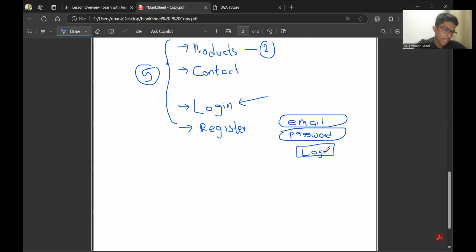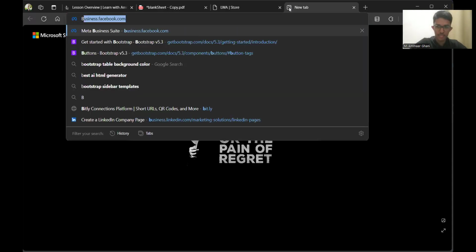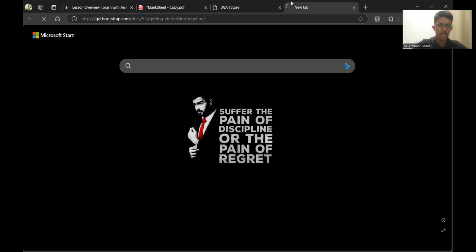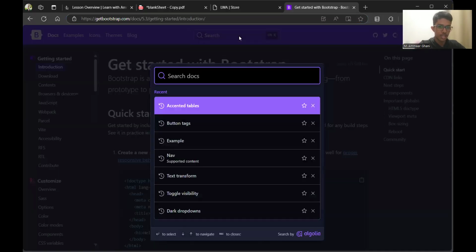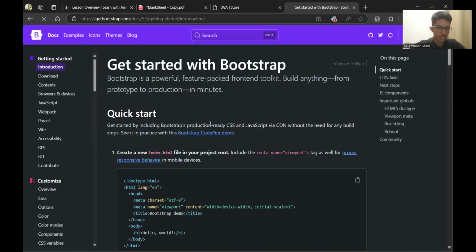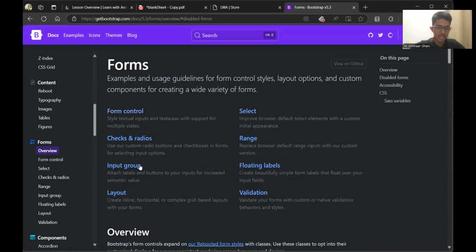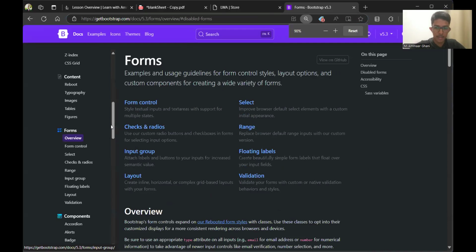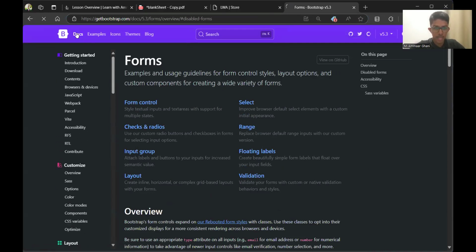So to create something like this, last week I told you we have Bootstrap. So go to the Bootstrap page, search here for something called forms. Click on this and you must get something like this. Or you can actually search from here. If you go to Bootstrap's main page,